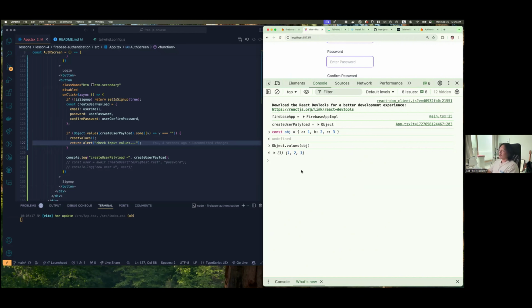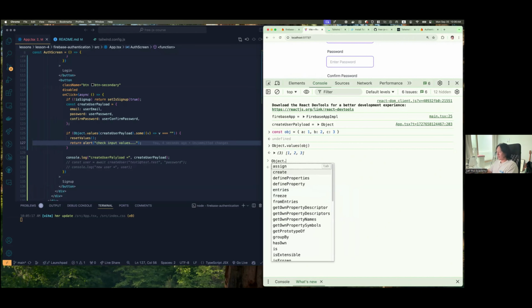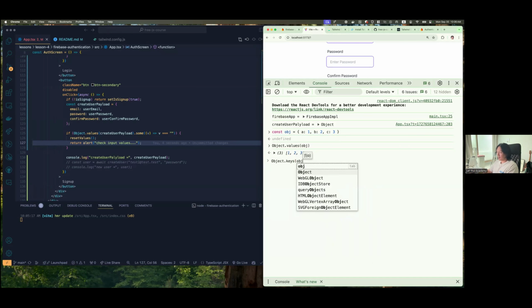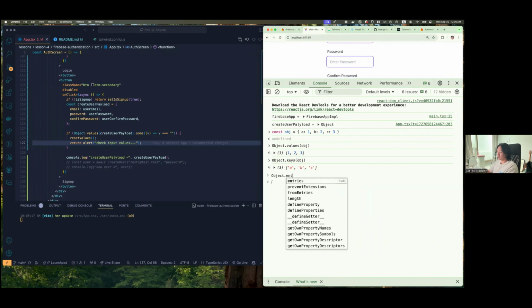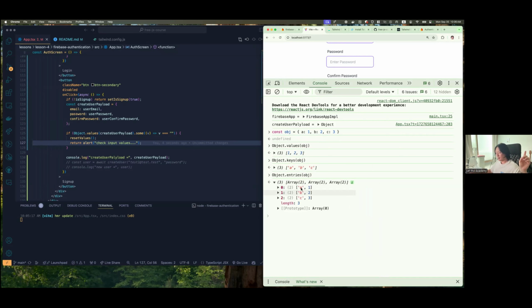And then Object.keys is very similar, but it gives you an array of the keys, so A, B, and C, and then 1, 2, and 3. So hopefully that explains the values to you. Is that okay? Okay. And then one that I really like to use is Object.entries on obj, which gives you a 2D array, an array of 2 pieces, and that's going to give you the key and the